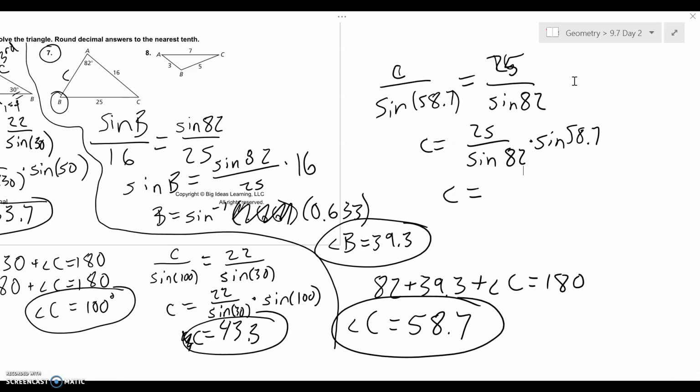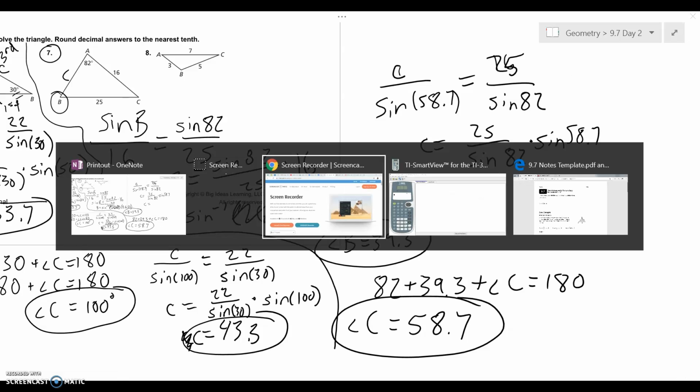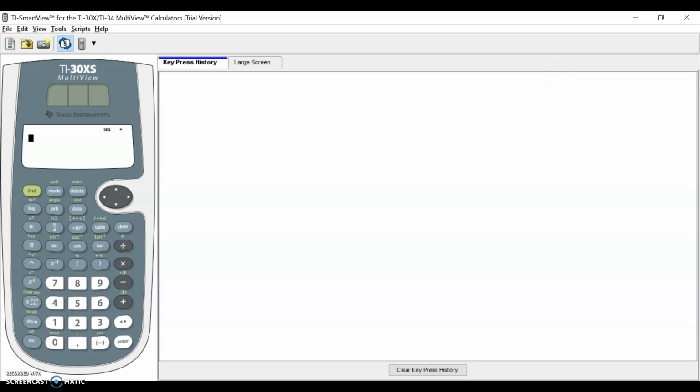So we were almost through the computation, and we got it to this point where we got c equals 25 over sine of 82 times sine of 57. I really just need to punch that into a calculator at this point, which I can make a little quick 1-minute video for. So we'll go to our calculator, and again, what we're going to be punching in is 25